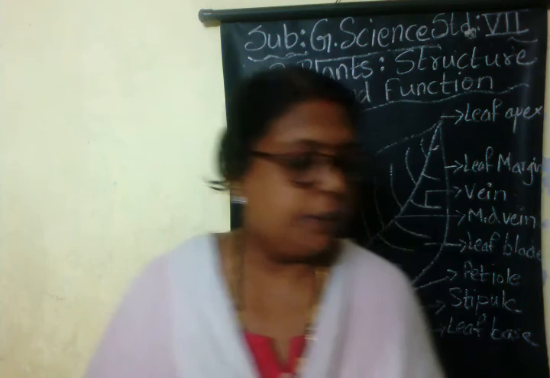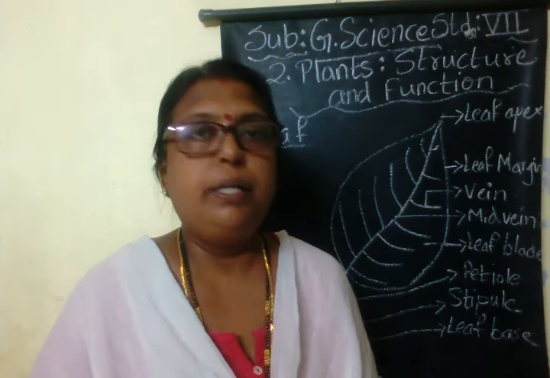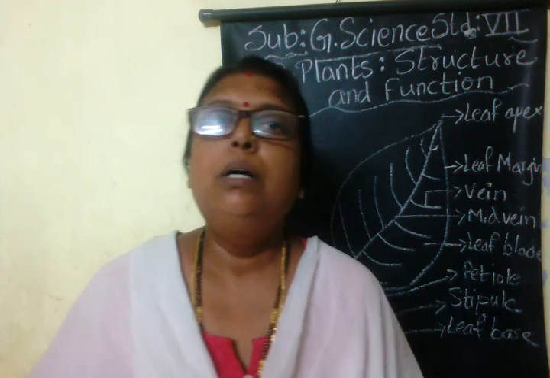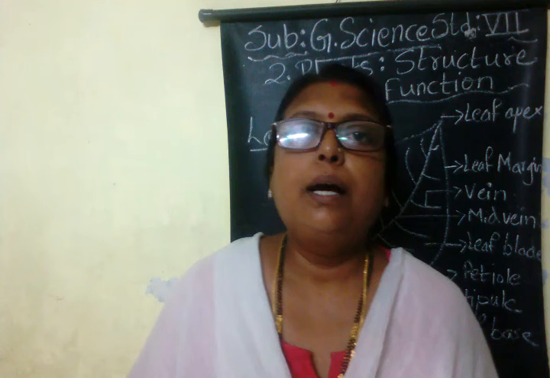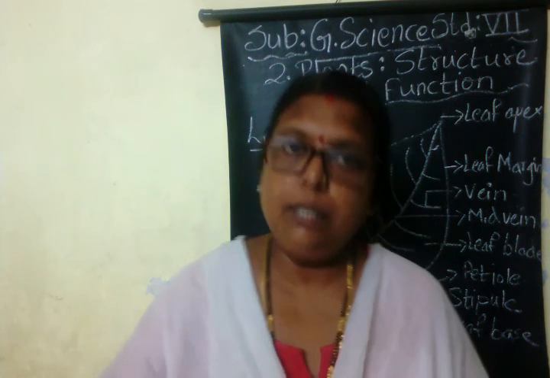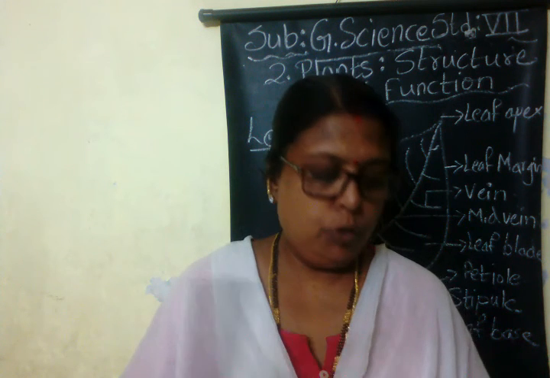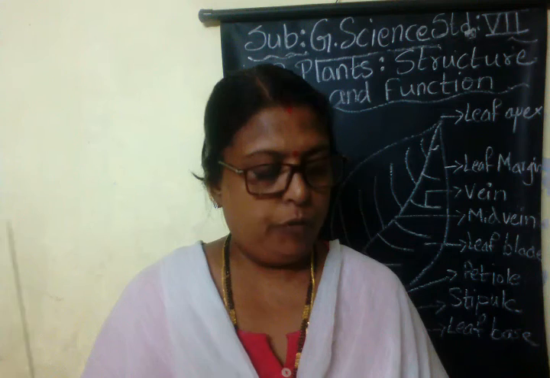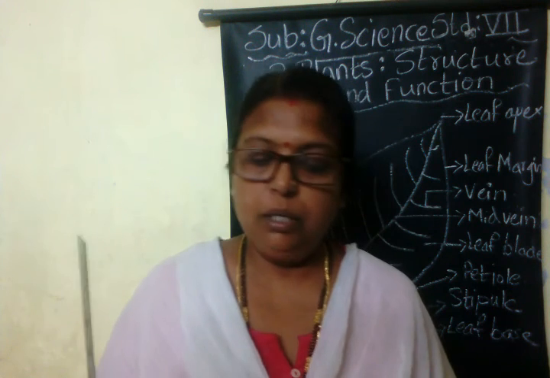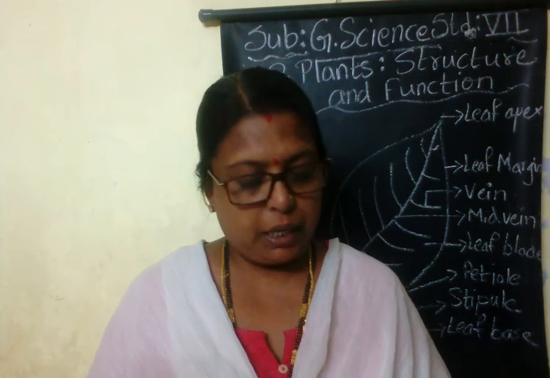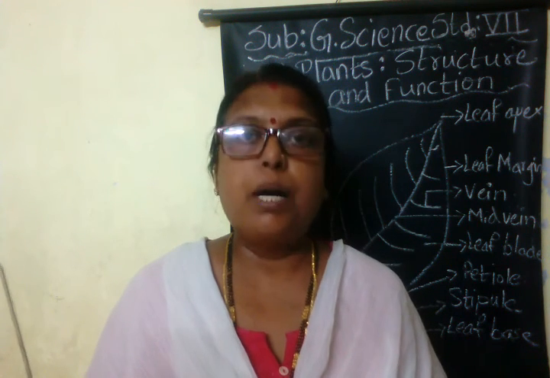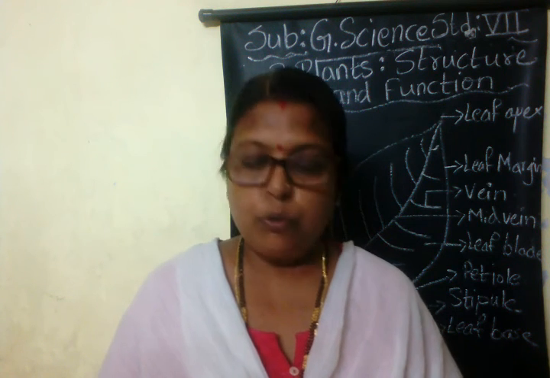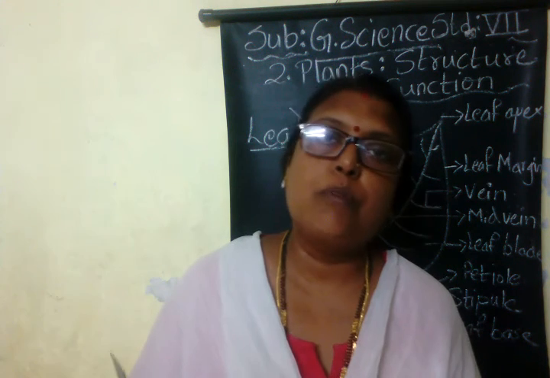Okay. Then you can read the lesson several times. It is very simple for understanding. Read the lesson again and again, and you will get the answers. You have to practice the diagram of vertical section of hibiscus flower. Also you have to practice the diagram of parts of leaf, parts of stem, tap root, formation of root. All these diagrams you have to practice.